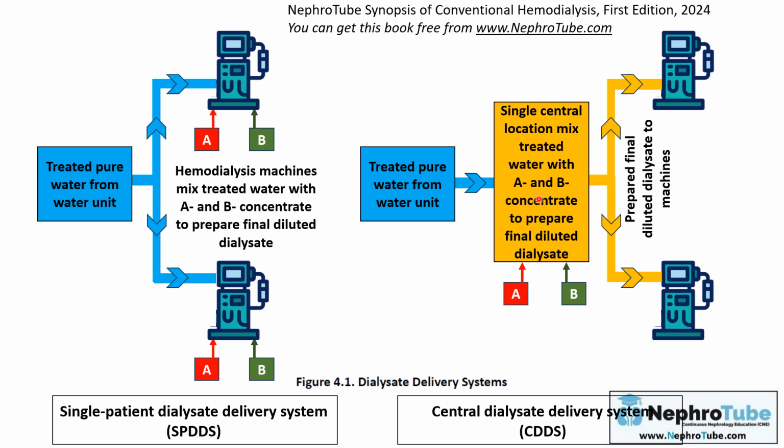So here the dialysate is formed before the machine, then it is delivered or distributed to the machines. Actually, the central dialysate delivery system has some advantages and disadvantages. The main advantage of this central dialysate delivery system is cost saving. But one of the disadvantages, or two of the most important disadvantages in this system is that